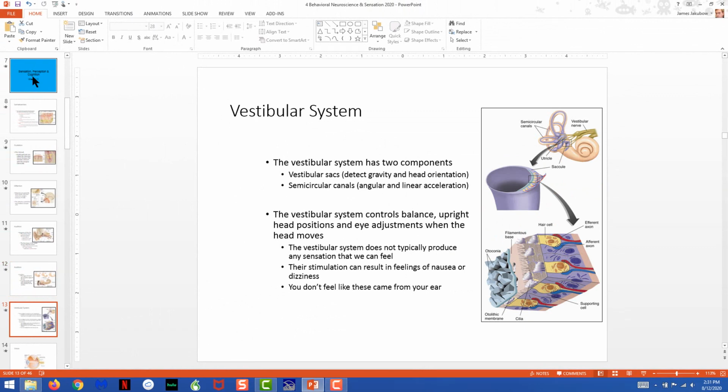Now, your vestibular system, which is directly related to the cochlea itself at the opposite side, is controlled by three loops. Each of the three loops, called semicircular canals, are in the three directions of three-dimensional space. So it's kind of an X, Y, and Z plane. And it's at the other end of the cochlea. And these semicircular canals are, of course, made from bone as well.